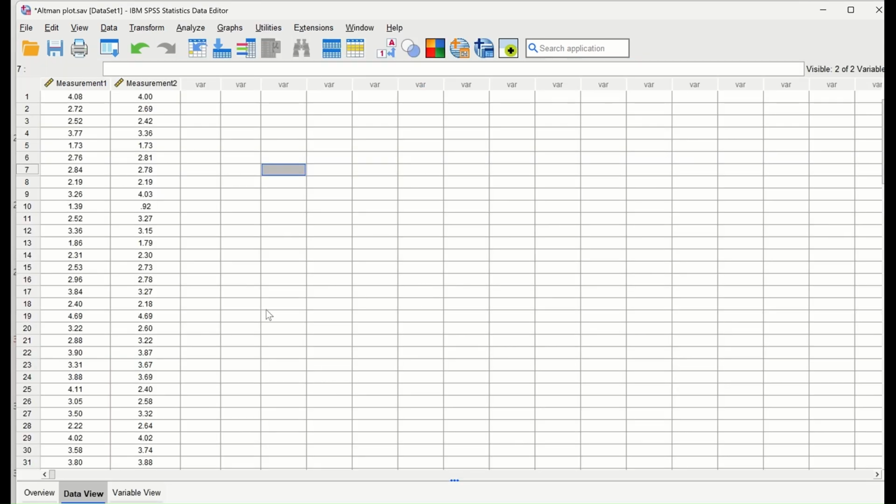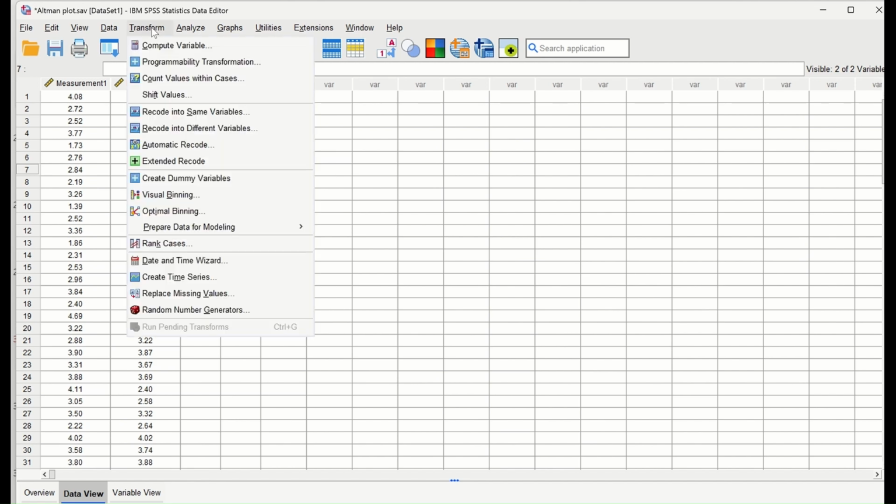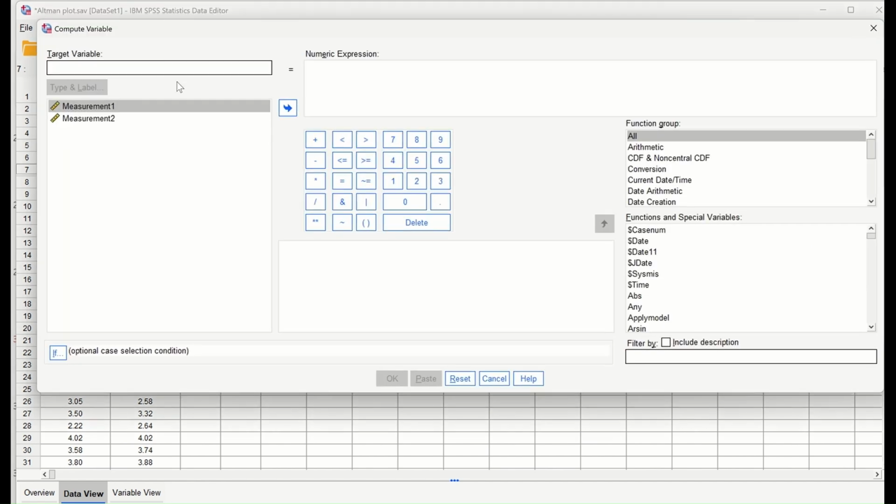Back again to the data view, we need to generate two variables. The first variable is the difference between measurement 1 and measurement 2. The second variable is the average between measurement 1 and measurement 2. The way to do that is to click on transform, then select compute, then generate a new variable and give